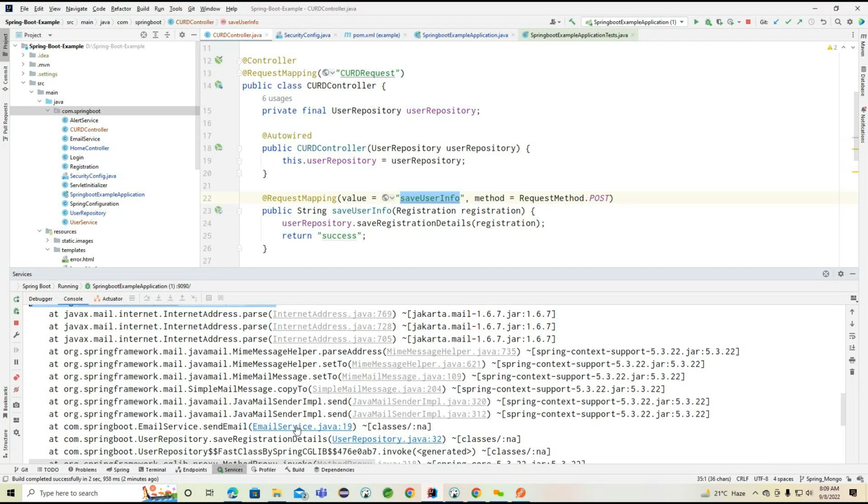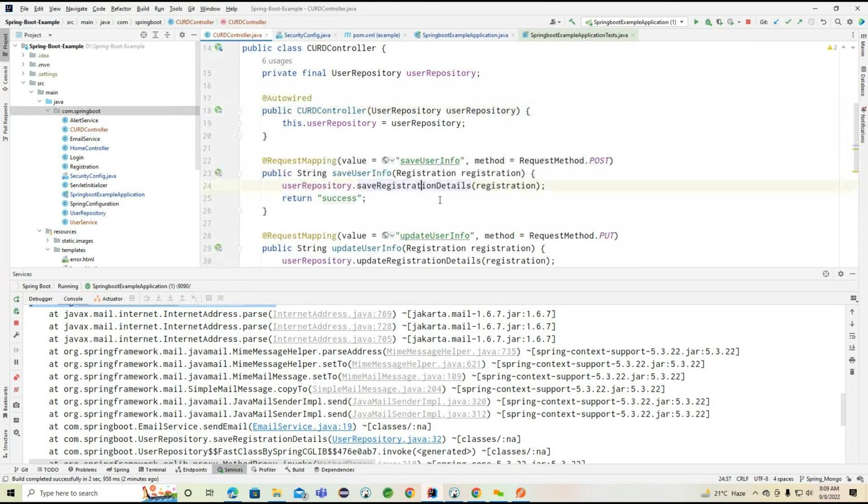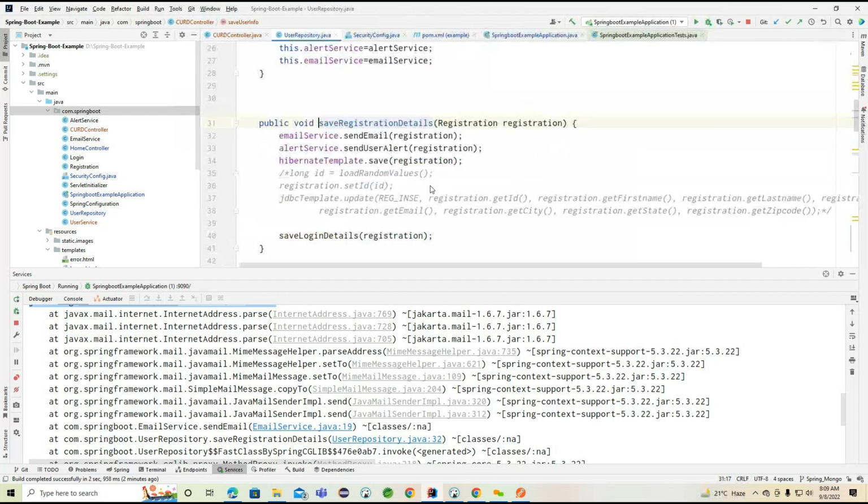So email service. So inside the email service, we are getting some exception. So why are we getting this? Okay, here the email service is null. So because of this method, now directly